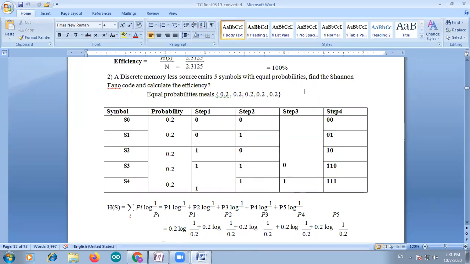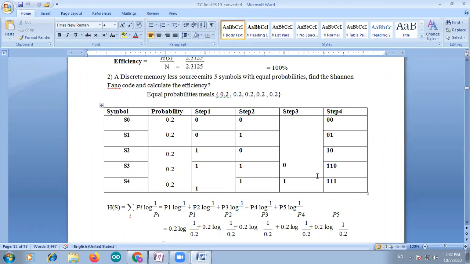The 2 symbols as a group is step 1, and the 3 symbols as a group is step 2. In step 1, divide into 2 groups. The first group has 2 symbols, and below it the group has 3 symbols. In step 2, what happens? Above there are 2 symbols, so again subdivision is possible. That's why they separate as 0.2 and 0.2. And below, 3 symbols, 0.2 and 0.4. That is the possibility, because the above group is 0.2 and the below group is 0.4.